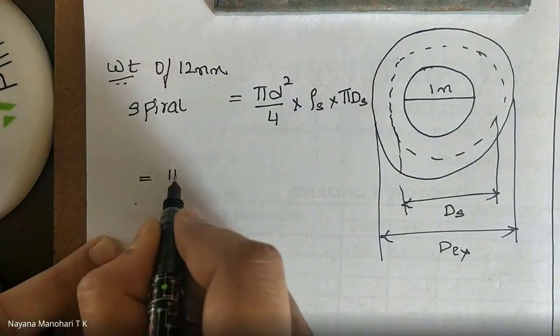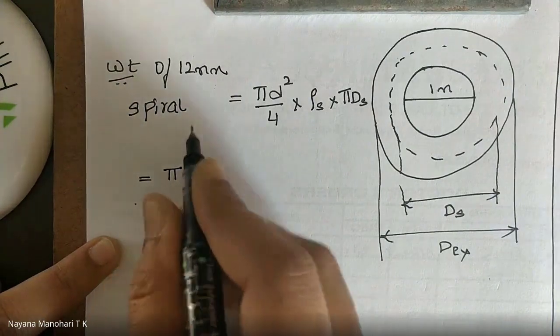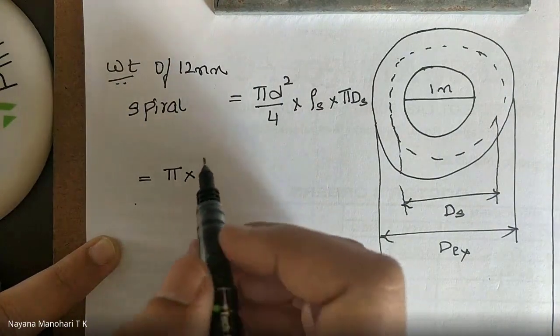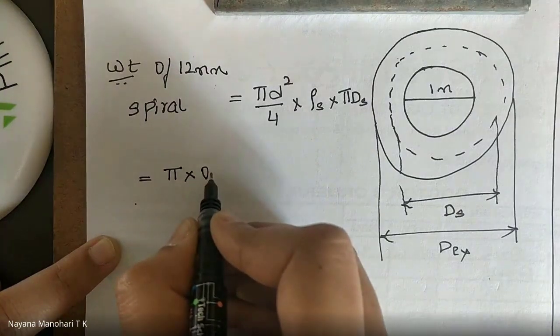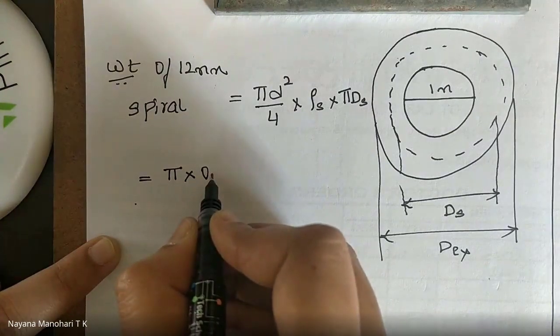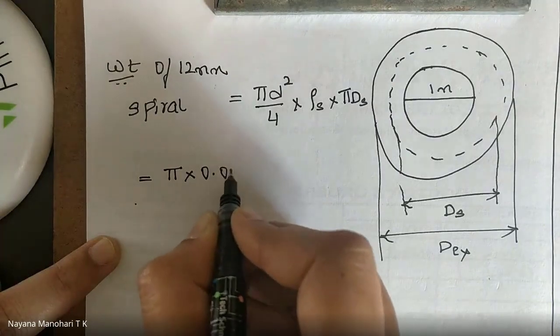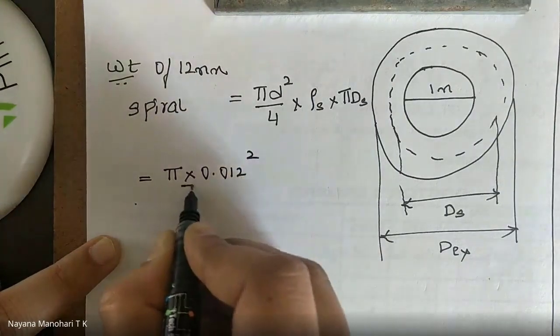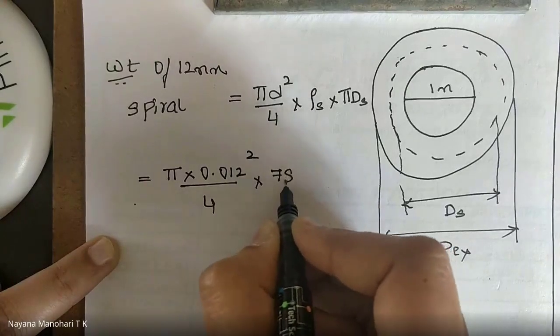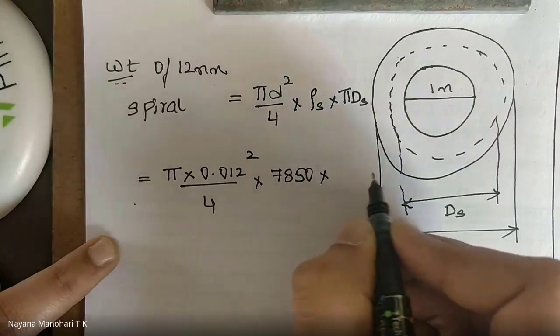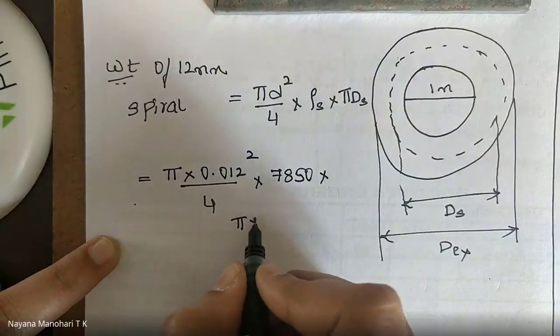Substitute the values: 12 mm in terms of meter is 0.012 square divided by 4 multiplied by density of the steel, 7850, multiplied by pi into